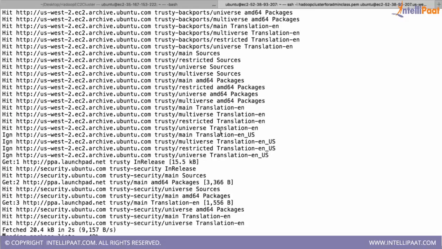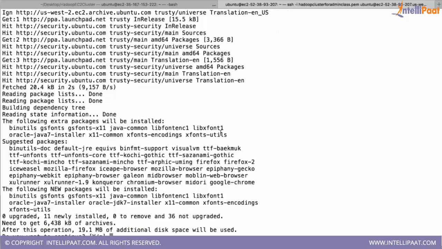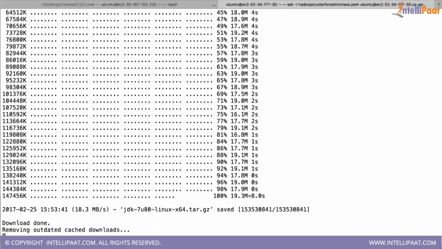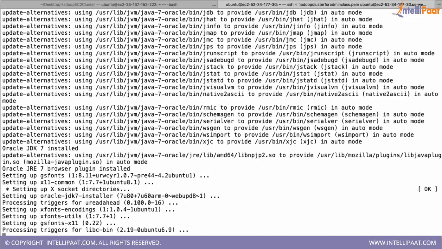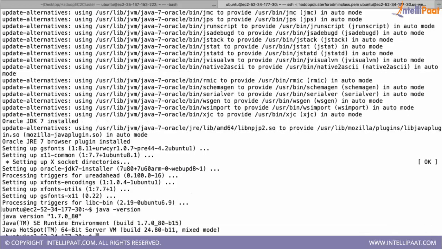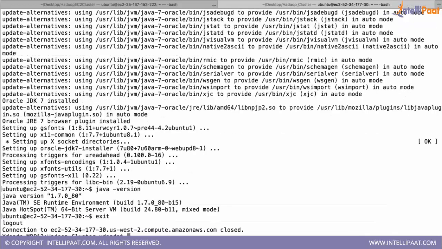So I'll follow the same steps. Once installation is done, so we are installing Java on data node 1. So we'll verify whether Java is installed properly or not. java -version. Yeah, it's installed. Now you exit, come out of that.